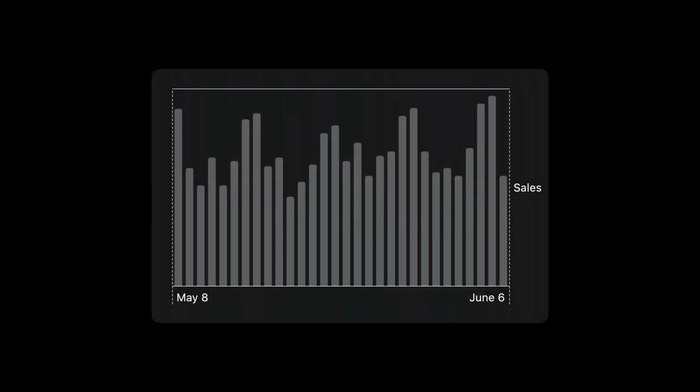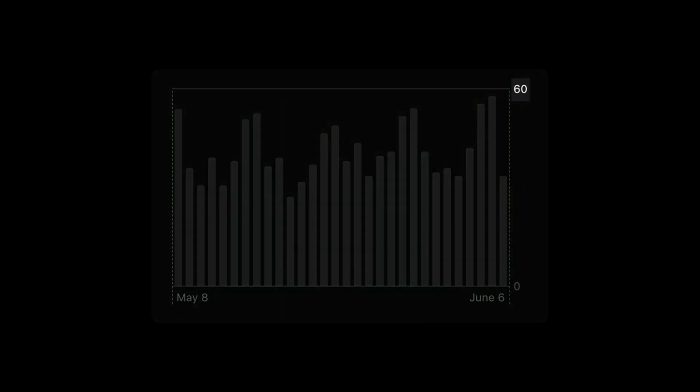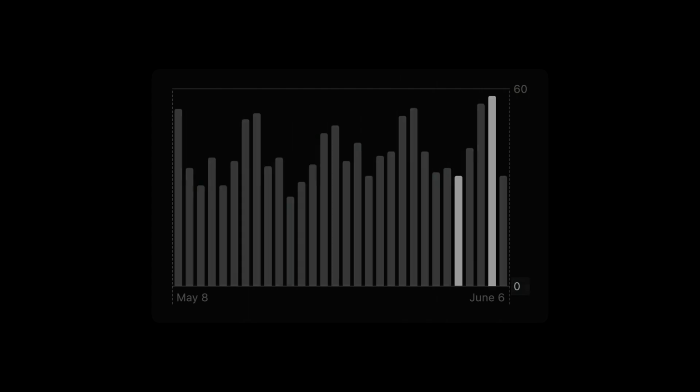Let's return to our chart on pancake sales. As with steps, there is no limit to how many pancakes the food trucks will sell. So let's use a dynamic range to automatically adapt the upper bound of our vertical axis to our data. Notice how we still fix the lower bound to 0. Doing so is generally a good idea when using bar marks, as it keeps the heights of the bars meaningful. This way, a bar that's twice as tall as another has twice as many sales.